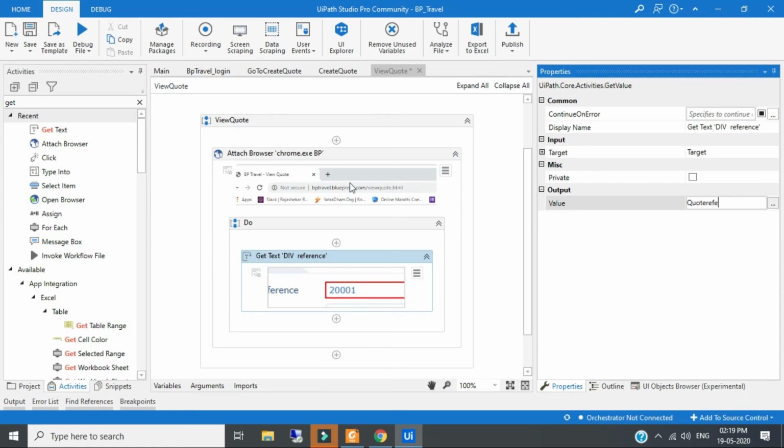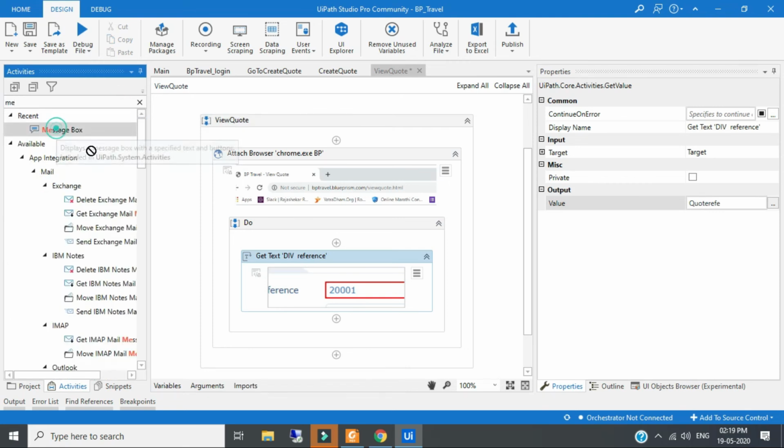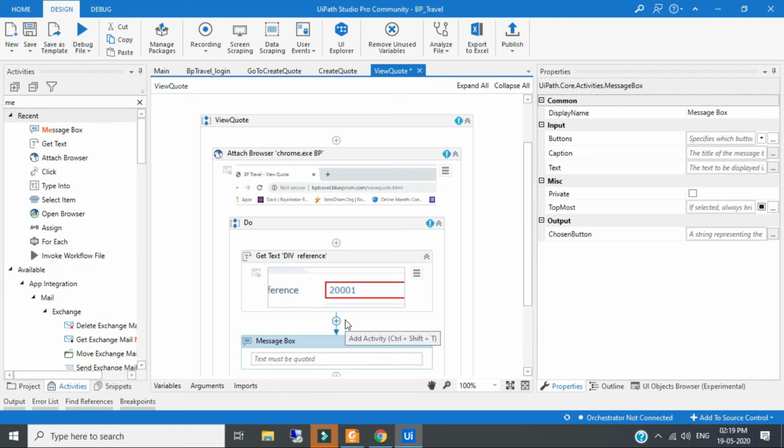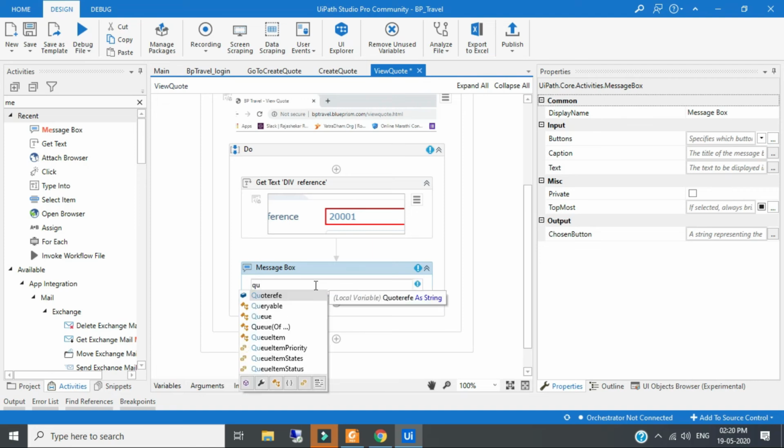To display this reference number, I will take a message box, which is used for displaying any message, or we can say any string. So we have to pass that quote reference variable. If you just write the Q, it will suggest all the variables created, predefined variables also, and the ones we created.